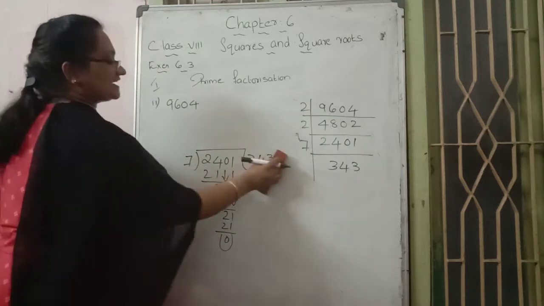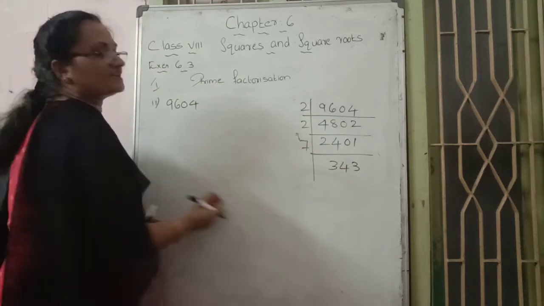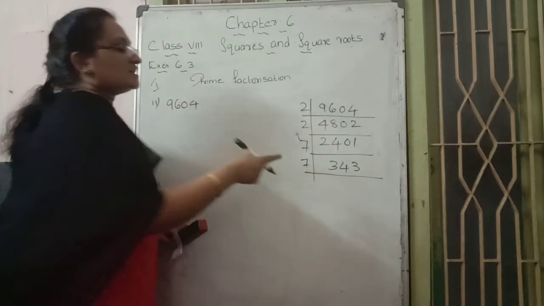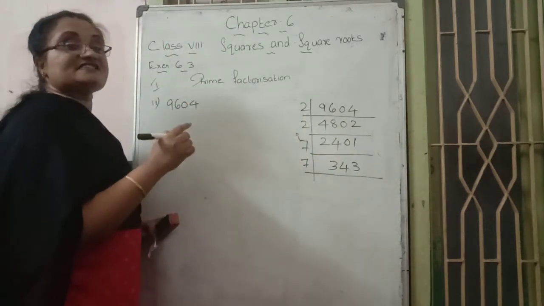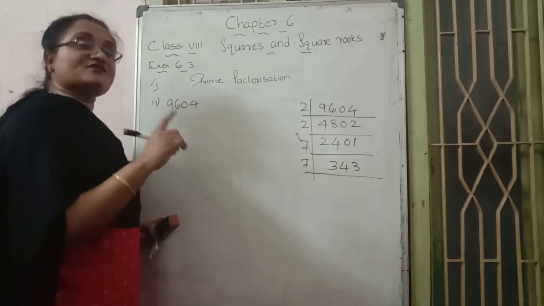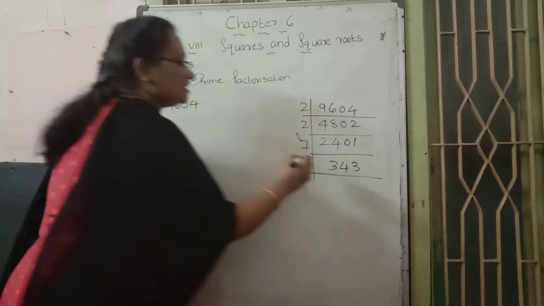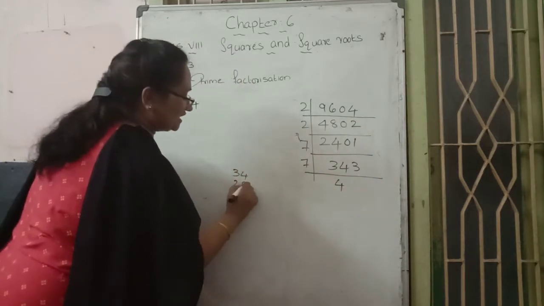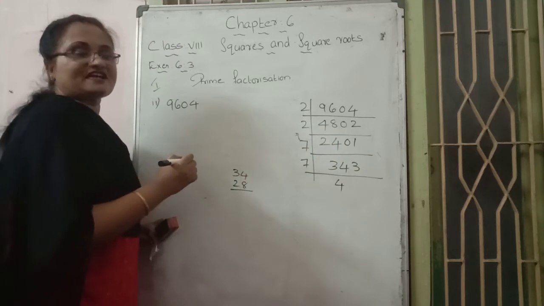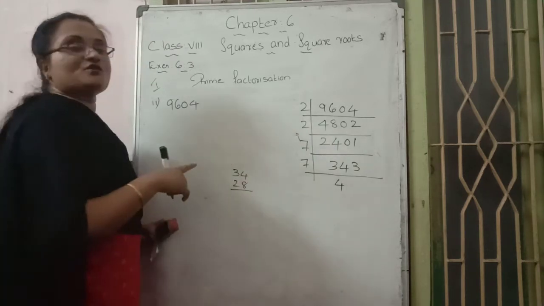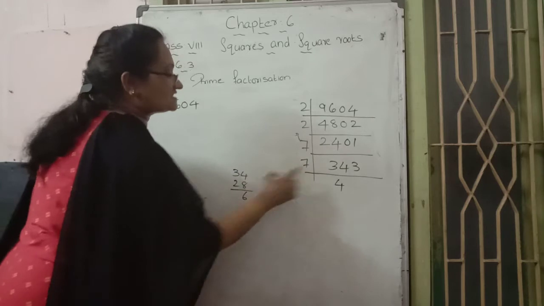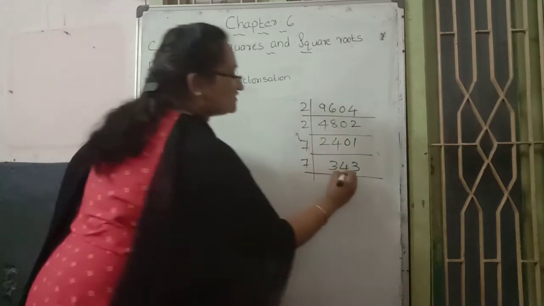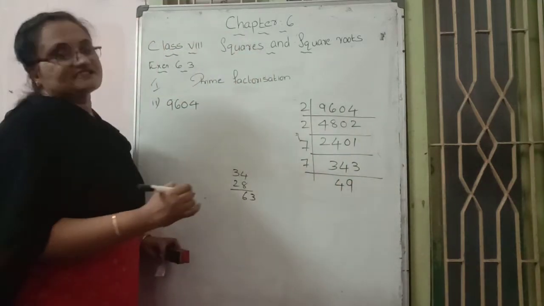Again 343, if possible to divide it with which prime number? 7 only. Prime number 7 only we continue with. 7 table 34 is not there. 7 4s are 28. 7 5s are how much? 35, more than the answer. So 4 times, then 34 and 7 4s are 28. So 34 and 28 subtraction. 4 minus 8 not possible. 14 minus 8 comes to be 6. Next number bring down, that is 63. 7 table 63, 7 9s are 63.